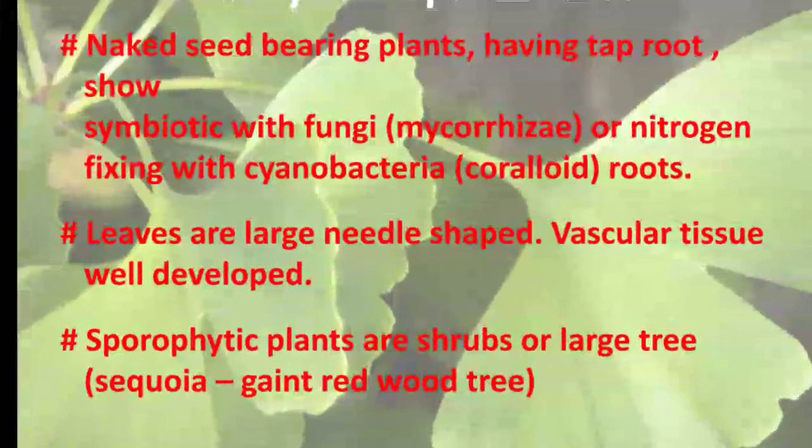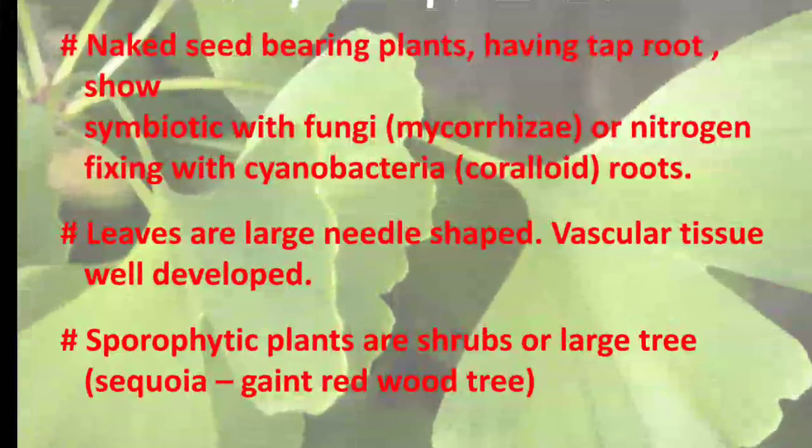So it shows a symbiotic relationship with fungi also. Sometimes they are known as mycorrhiza. Myco means fungi, rhiza means the roots of the higher plants. So it also shows the symbiotic relationship with fungi, or sometimes nitrogen fixing bacteria are also found in that root. The taproot of the gymnospermic plants having these are known as coralloid roots. Coralloid root means nitrogen fixing cyanobacteria are present in the root of the